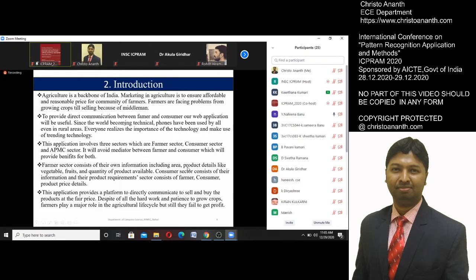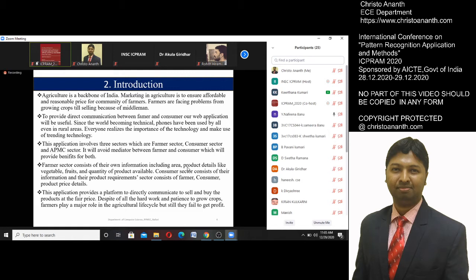In the absence of an organized marketing structure, private traders and middlemen dominate the marketing and trading of agriculture produce. There are 3 to 4 mediators between the farmers and the customers, and in this supply chain, the crop rate increases from farmers to customers. Usually, it doubles the actual price.